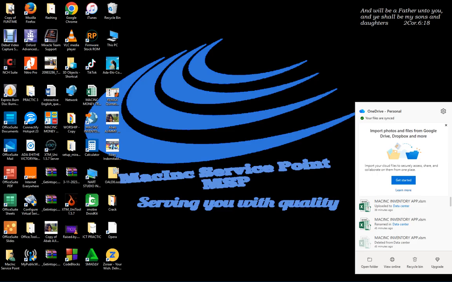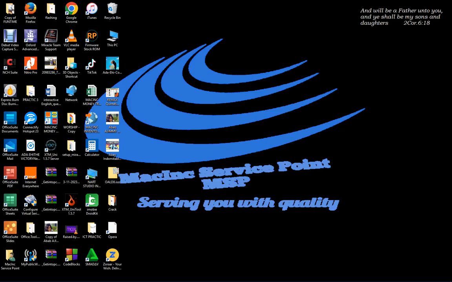And another thing about this is that if we need to do an update for our customers, or maybe they have a challenge and we need to adjust it, they can share the file to us using this OneDrive, and we do the necessary update, and it's updated in their own system. So everything about this system is perfect,